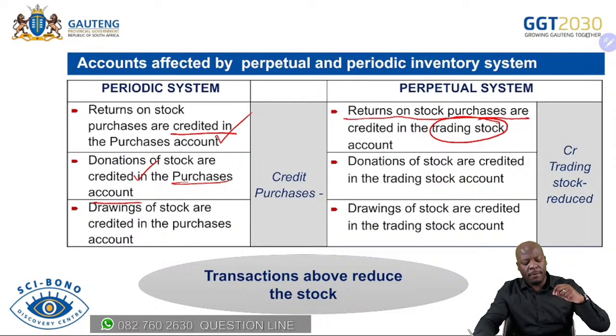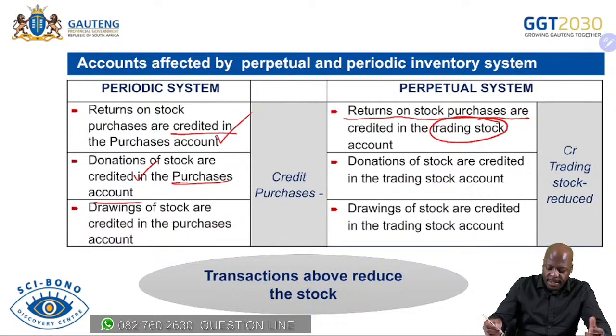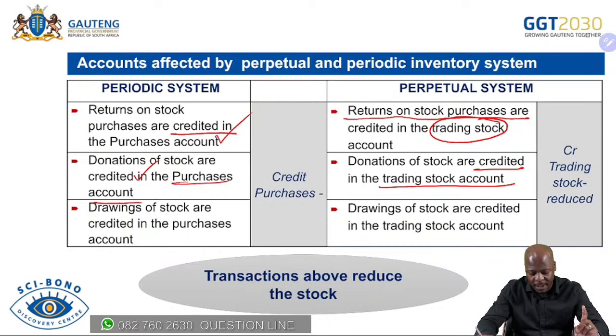But if there are donations, and we are now using the perpetual inventory system, how then do we record them? You will find that such donations are then credited to the trading stock account. Very important, very important. I want to talk lastly on